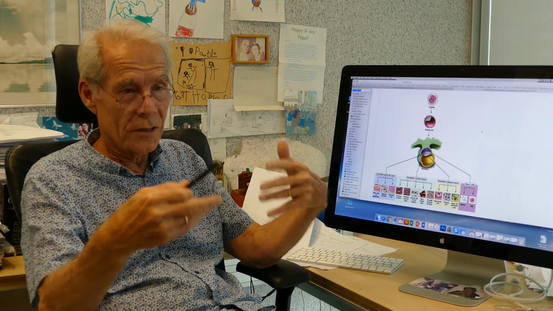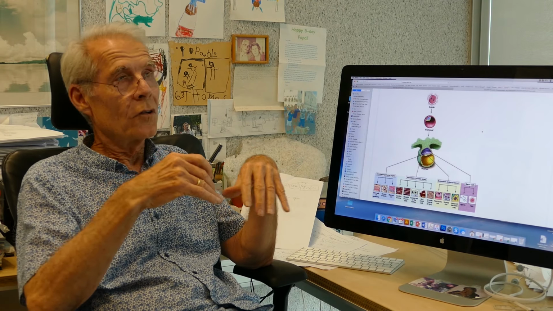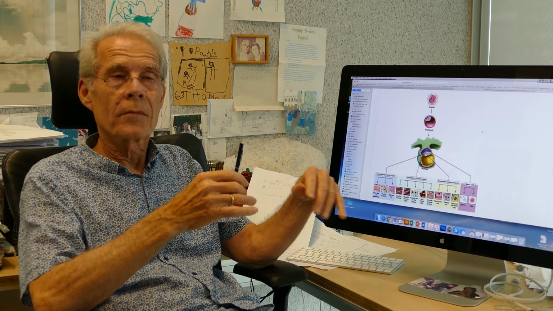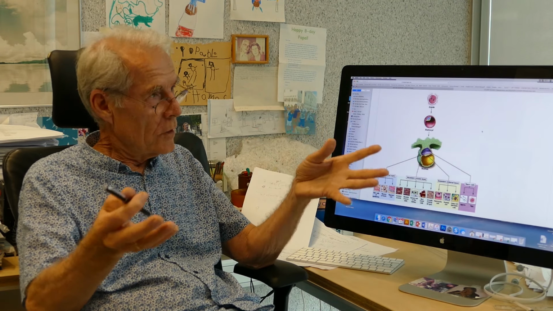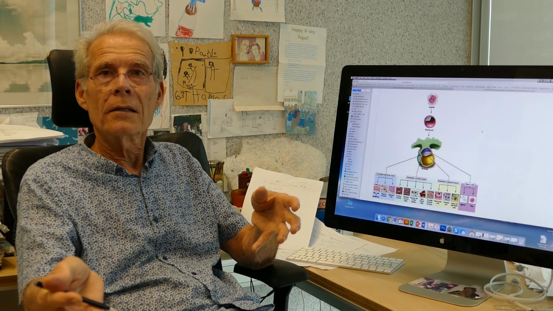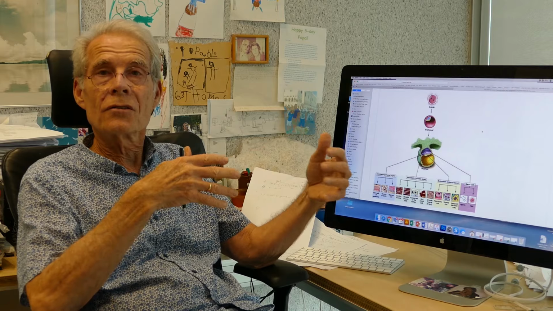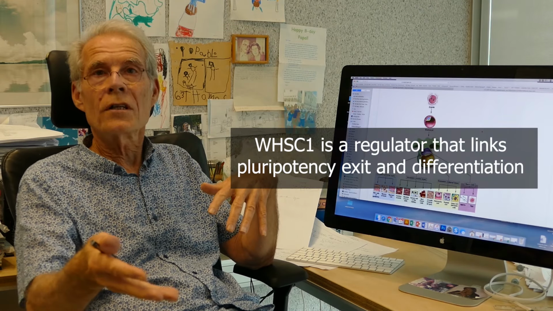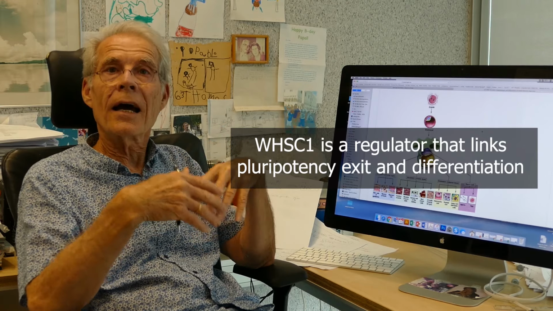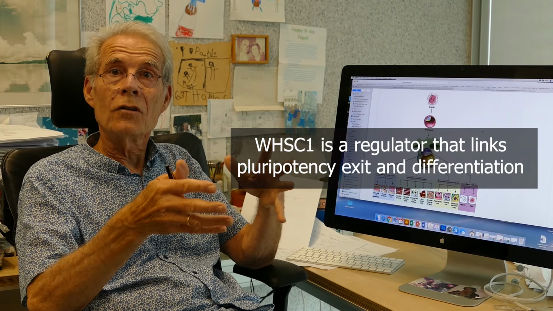When we then induce these cells to differentiate, they will only form one germ layer out of the three. And so we have the very surprising discovery that there is a new regulator that links what we call pluripotency exit with differentiation on the one hand, and it also has a high specificity for only two